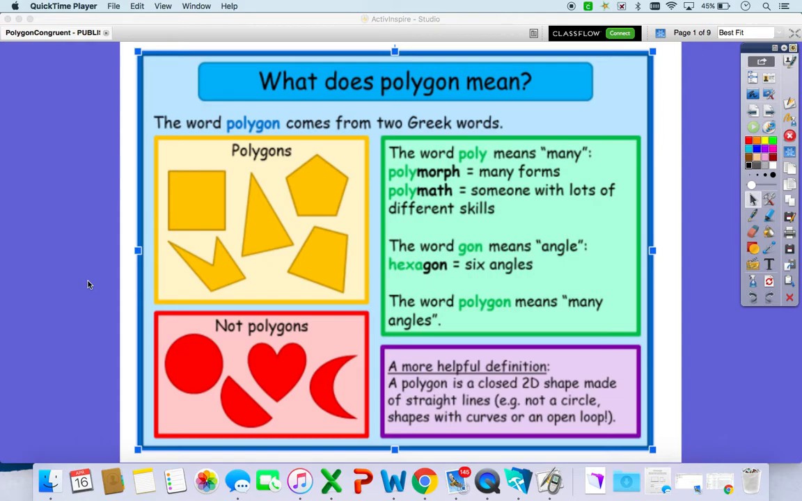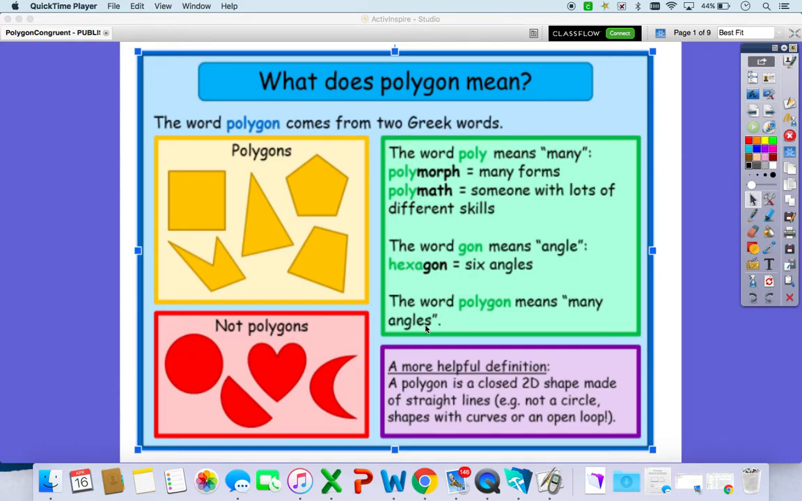The first thing we are going to do is start off with a polygon. And what is a polygon? This screen right here you should have gotten in your math packet. So I wanted to kind of review what a polygon is and what a polygon is not. Remember, a polygon is a shape with lots of different angles, which tells us right here the word polygon means